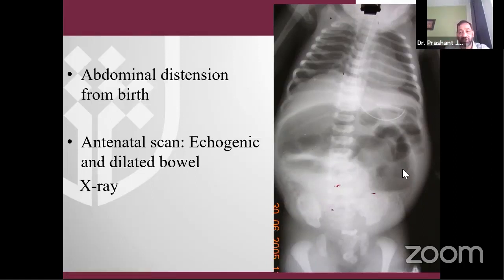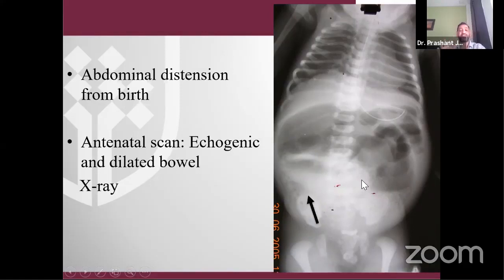And when the X-ray was done, there was a hugely distended abdomen, dilated bowel loops, although there was an unequal dilatation of the bowel loops. Some loops were dilated, some loops seemed to be collapsed. And a very classical finding which you can make out in this X-ray, besides the absence of gas distally, is a soap bubble appearance. Now this soap bubble appearance is suggestive of impacted meconium, because of which there is obstruction, there is absence of gas in the pelvis, and also there is absence of the air fluid level.